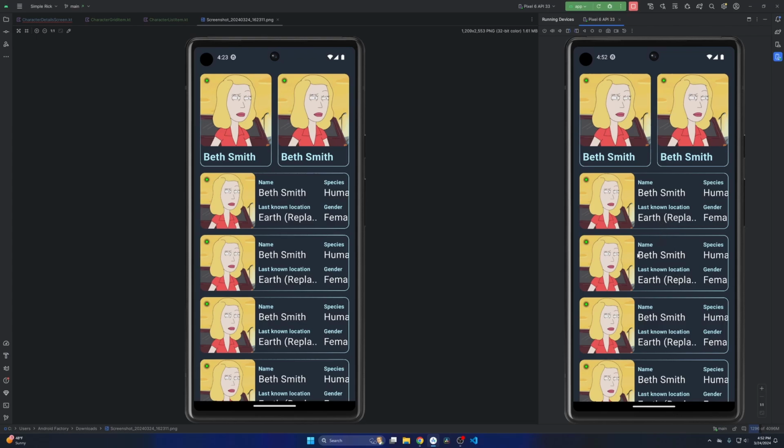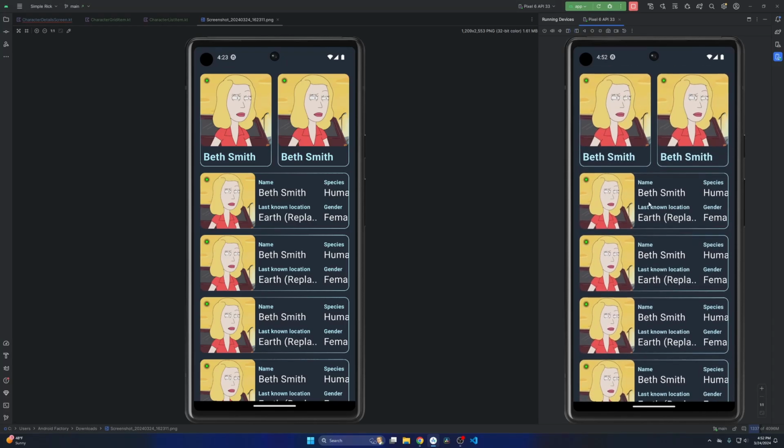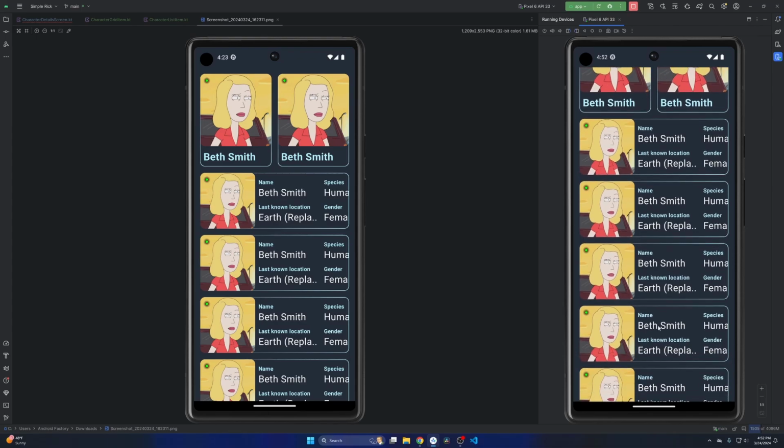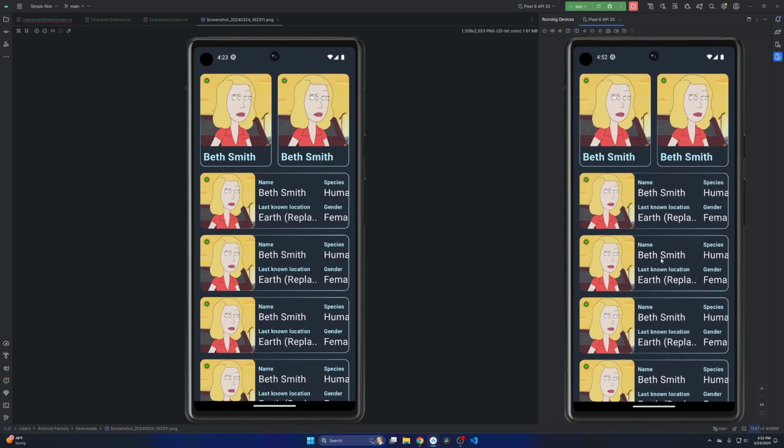But let's go ahead and just jump right back into it here. We see in the emulator a nice, interesting list here. We have basically a grid item at the top and then a list item at the bottom here. We have some horizontal scrolling within these different elements, and basically we're just going to work on some UI stuff when we get to the screen that's going to display all of our different characters. So we're going to have two modes here, either the grid mode that we see at the top or the list mode here, and then we'll obviously be able to select them to go to the particular details page of